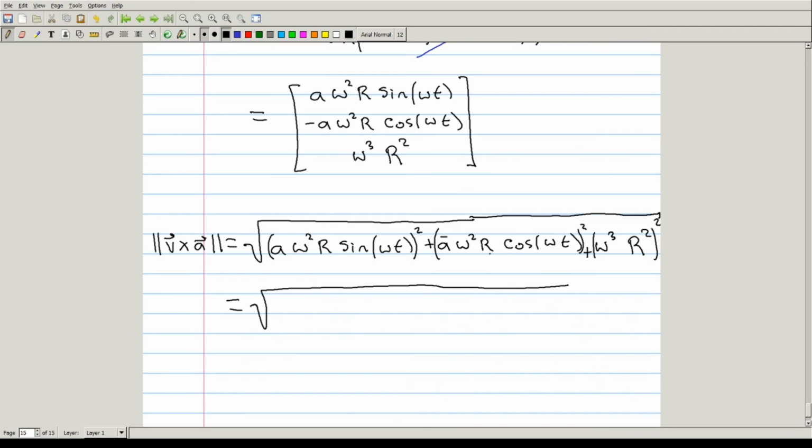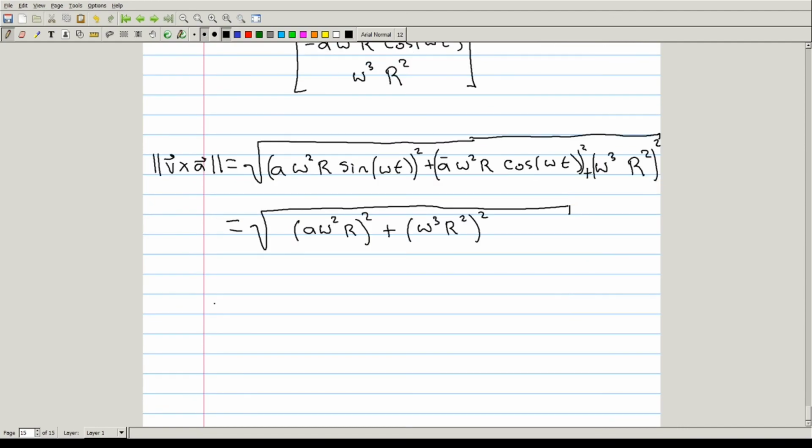This negative sign is inside the square, and that's going to give us a 1, which gives us A times omega squared times R squared plus omega cubed times R squared, squared, which simplifies to A squared times omega to the 4th times R squared plus omega to the 6th times R to the 4th,